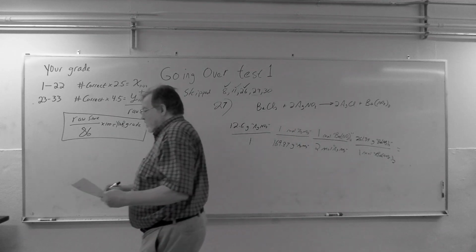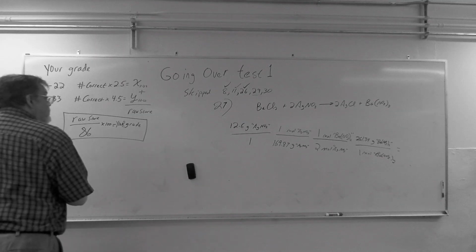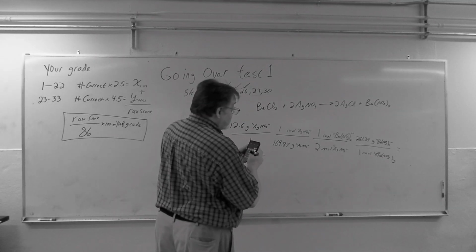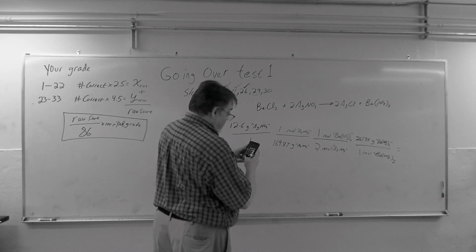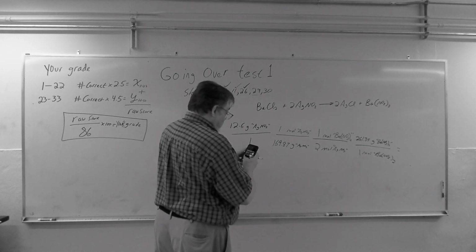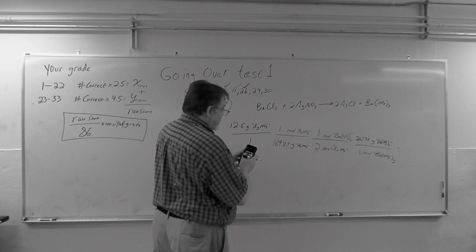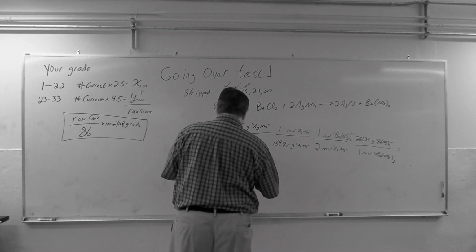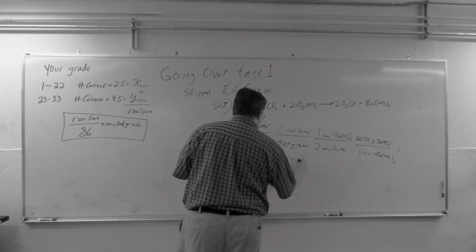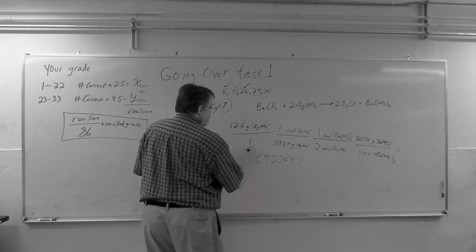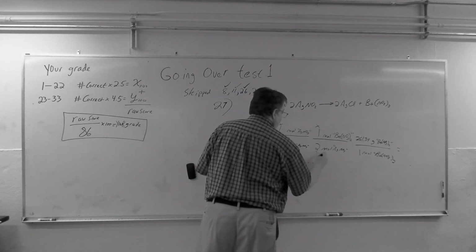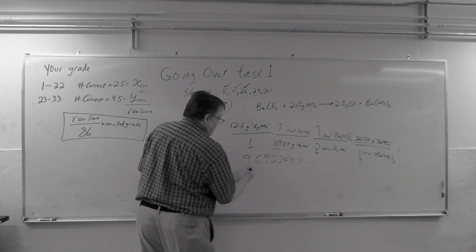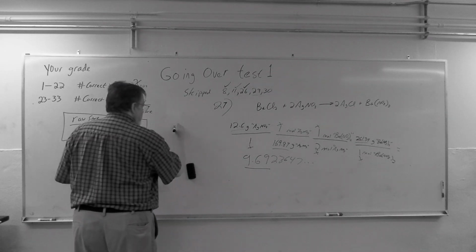That should do it. 12.6 times 261 divided by 169.87 divided by 2. Calculator says that's exact. So we've got 5 significant figures, 5 and 3. So it's 3, so the answer should be